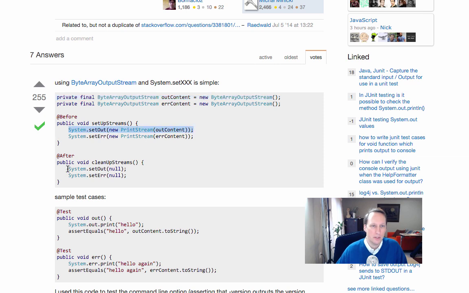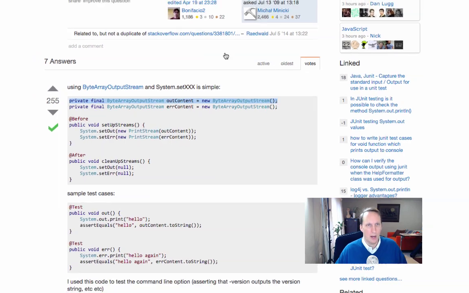The person's also doing a teardown here, but we don't really need to worry about the teardown. I don't think it's going to affect our test. So we're just going to grab this, copy that,